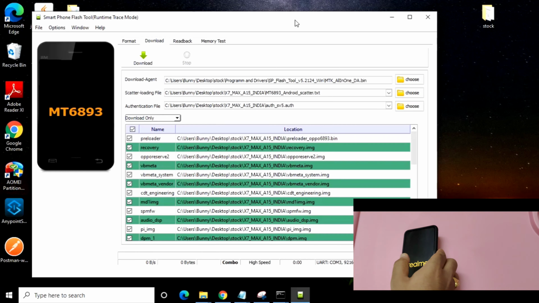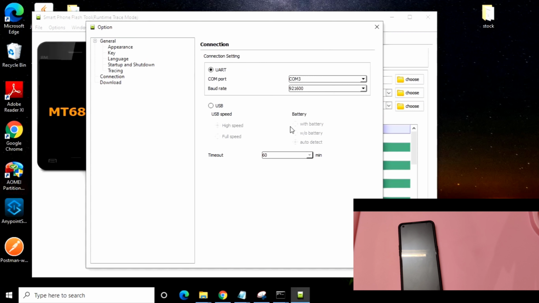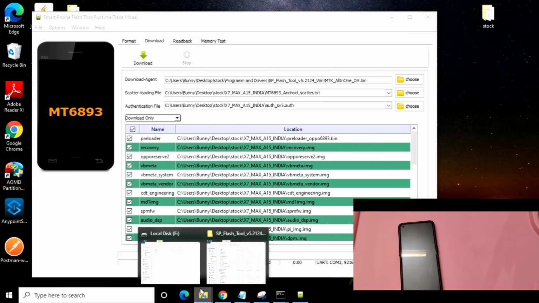Let me just power off my device, and here I'm saying one more time, we just need to select the COM port through the MTK tool, and this should be 921600. Let me just close this.